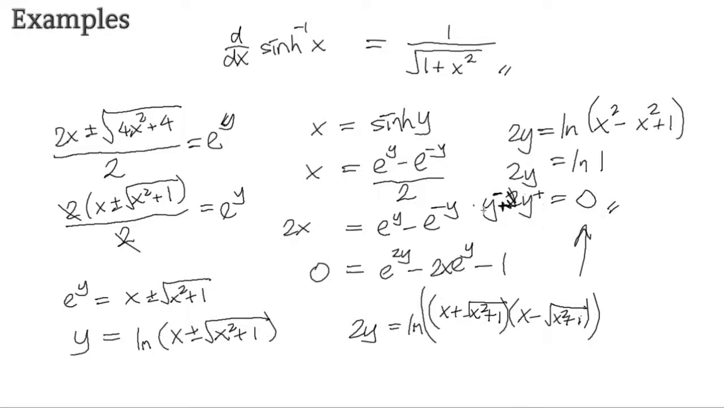So if they add together, since two values add to 0, one is the negative of the other. So this whole expression can also be written as plus or minus the natural log of x plus root x squared plus 1. This plus or minus outside the bracket would be the given solution for the